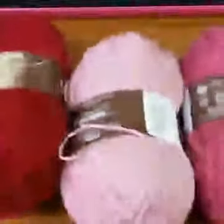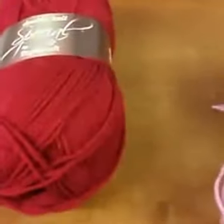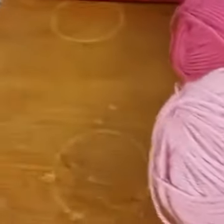There we go. So what I've done is as each block is made 4 times, once in each of the colours, and in the notes section of the pattern you'll see that Helen has labelled the colours to make it easier. So what I did was I actually wrote on the ball bands to tell me which colour was A, which colour was B, and which colour was C. So I wrote that on the ball band so that I knew which one I had to use, and I labelled all of them right from the beginning. So I will be making the red double knit later today,